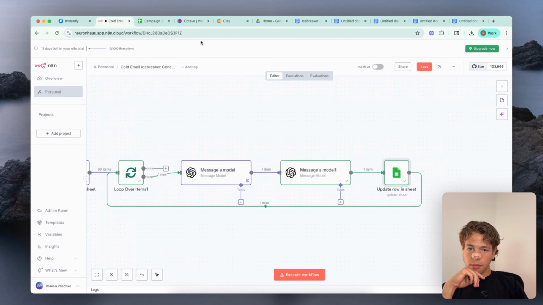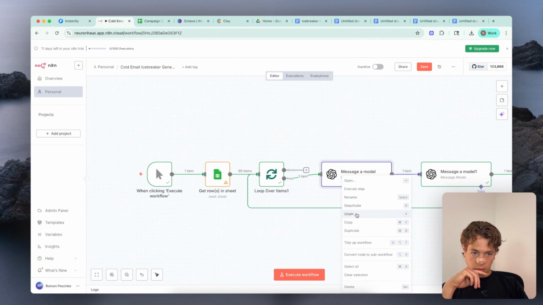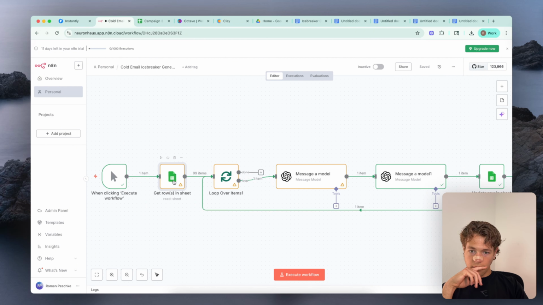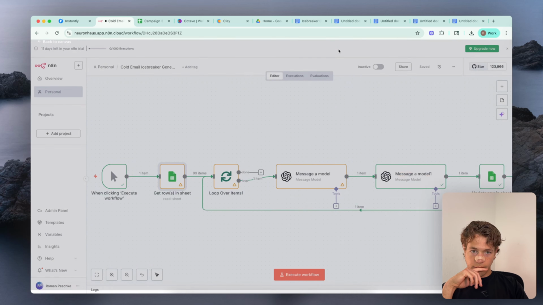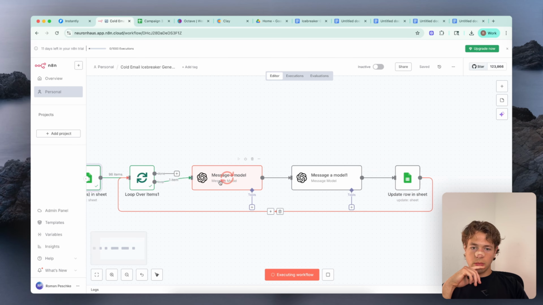All right. Let's unpin, save. So execute. 98 items, messaging the model.